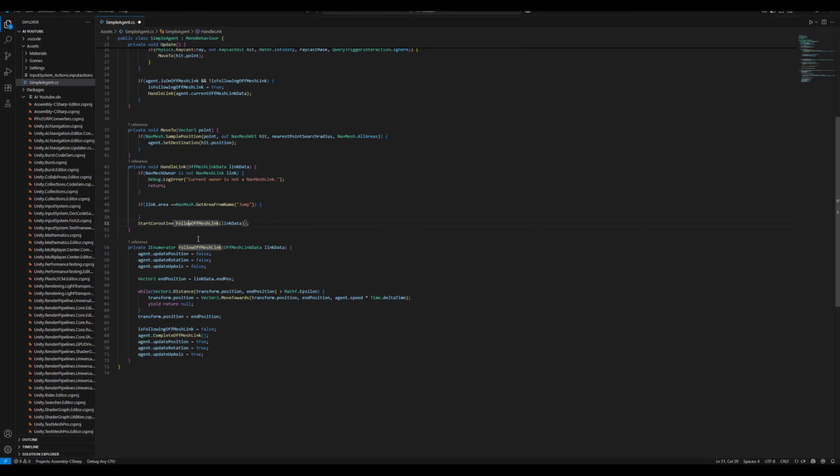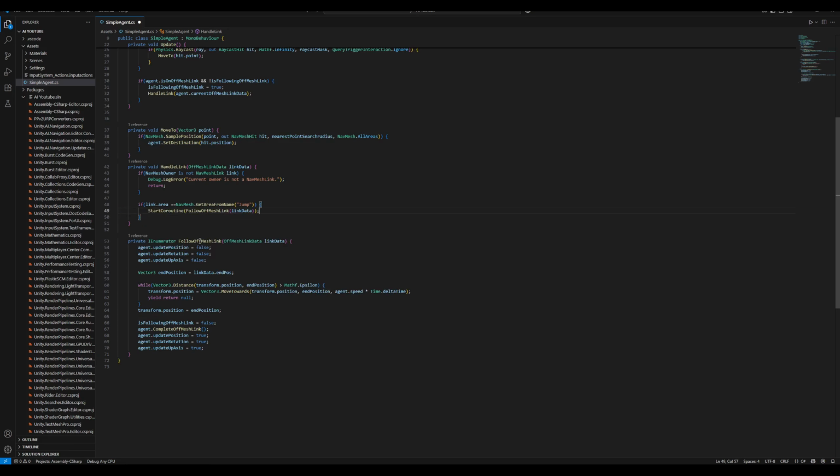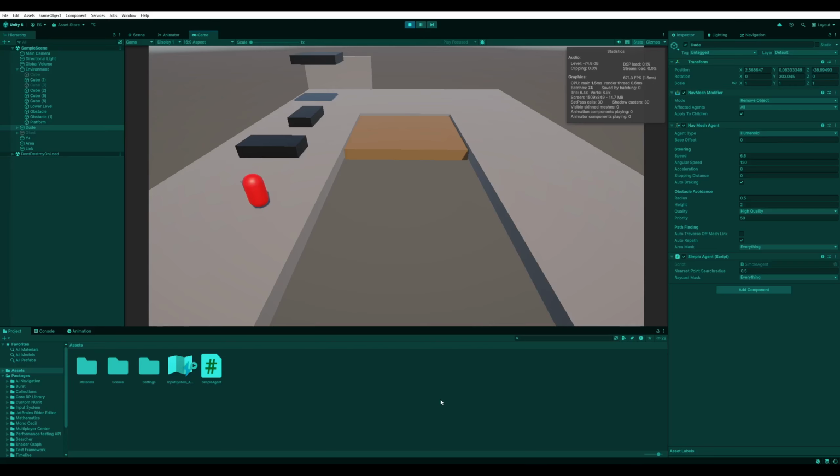And then what we'll do is we'll move this up into that if statement. The reason I want to do this, and I'm going to change the name of this here really quick to Jump, is while we're back in Unity,